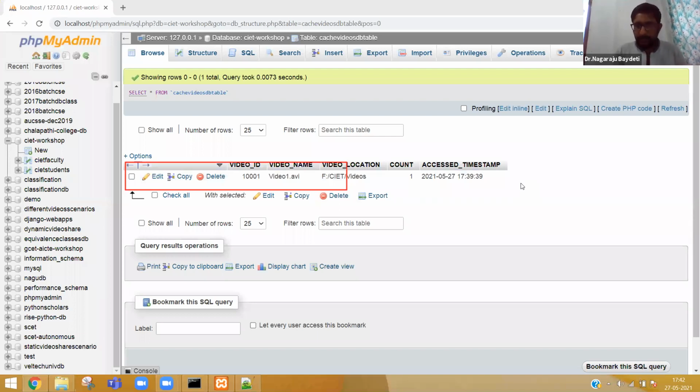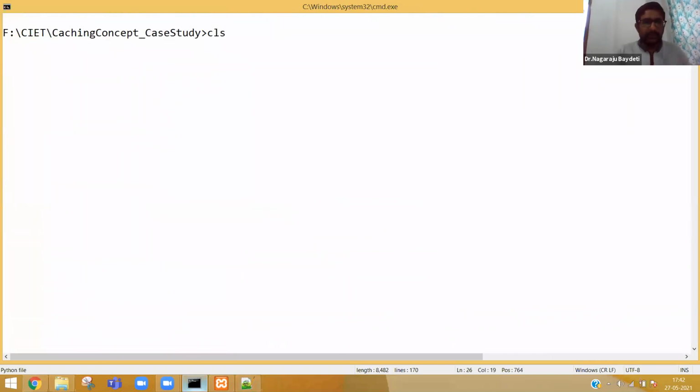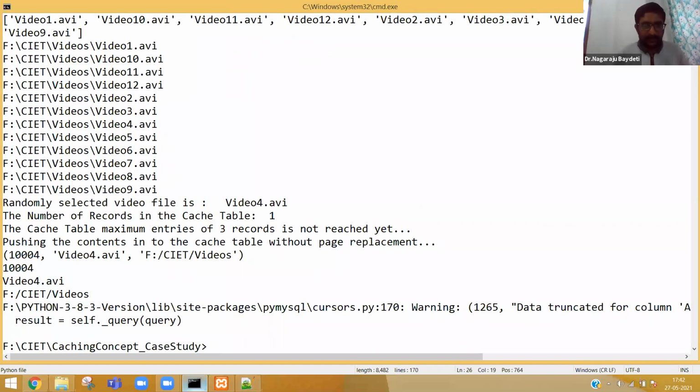Now let me execute the program once again. Basically, you need to execute 3 times so that 3 new video files will be selected. Now video 4 is selected. Second time video 4 is selected.